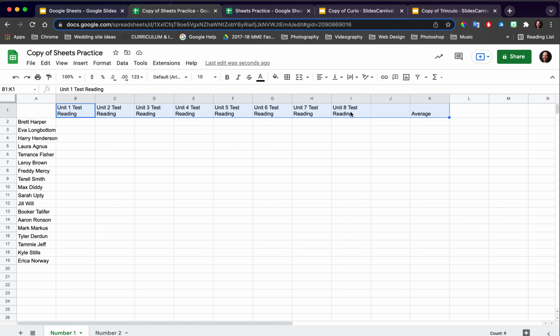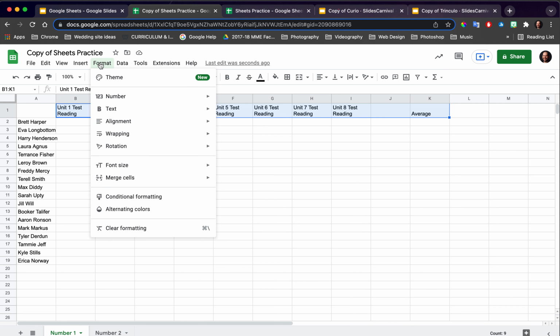And what that will do is make it to where all of your text will fit inside of that cell. Now we can also do some other fun stuff. Okay, we can tilt our text, which I like to do for just our top section up here, just to kind of give it a different look to separate it from the other rows that we have here. So once it's selected, which we just kind of left it as it is, we can go up to Format. We can go down here on Rotation here,